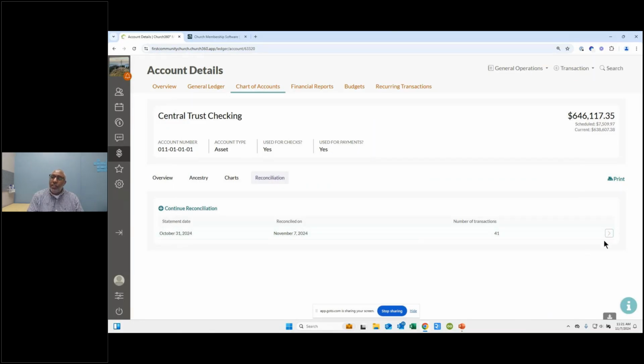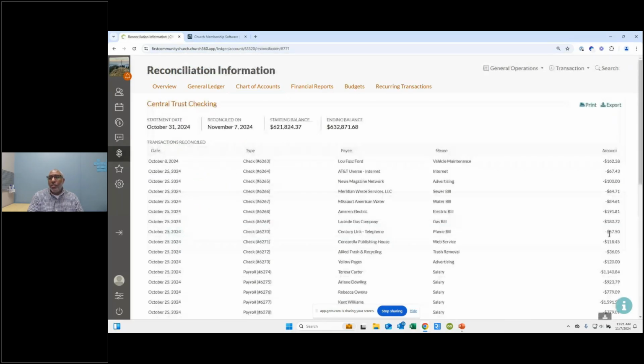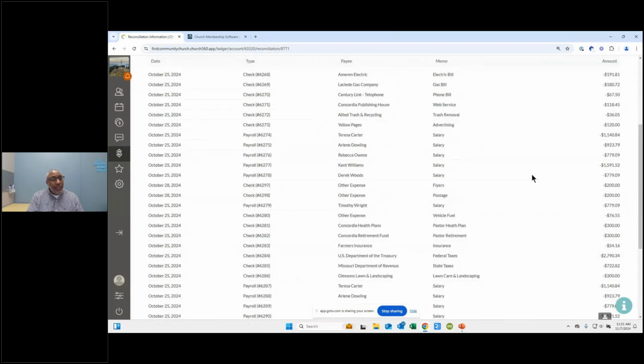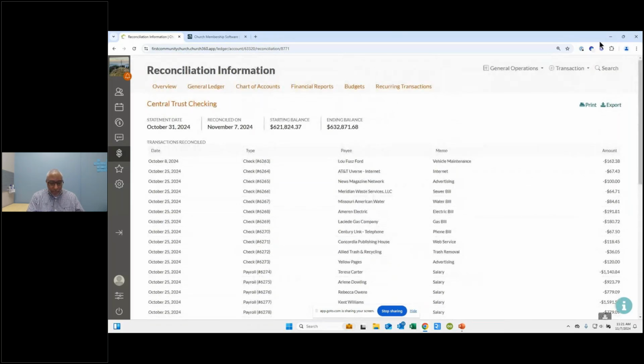October 31st is down here. You click on the arrow pointing to the right, and then that allows you to print your reconciliation report at that point in time. Okay, and that is the final report.